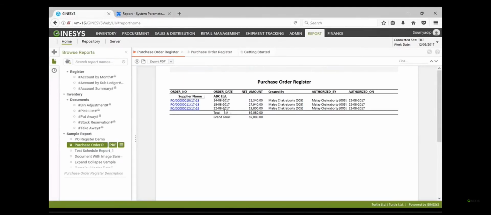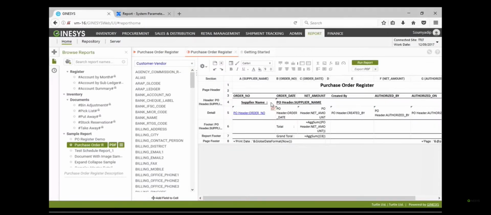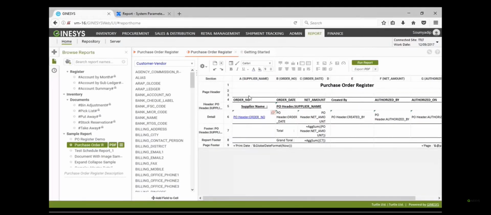Now let me put two parameters in the page header sections. I add a row and add DTFR and DT2 to show what values it contains, right?